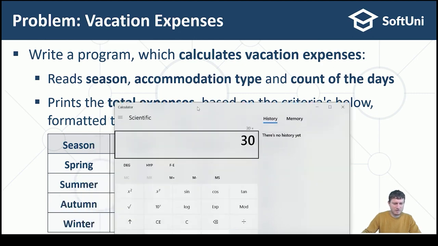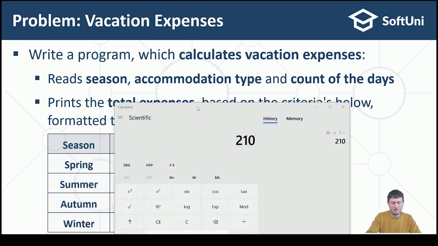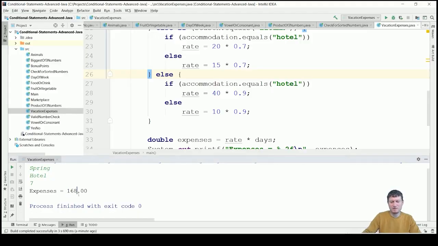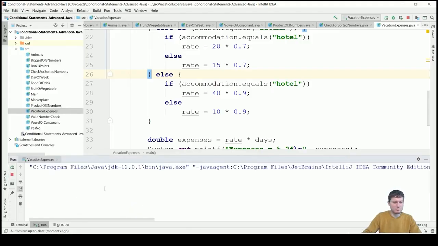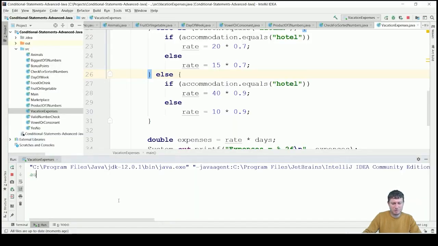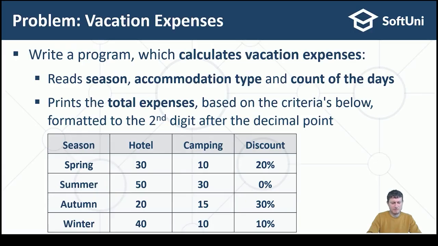So spring hotel is 30 multiplied by 7 days is this, but we have 20% discount, so by 0.8 it's 168.00. Works correct. Again, if we are, for example, autumn for 3 days,